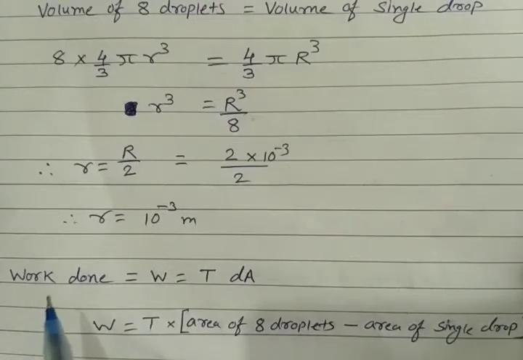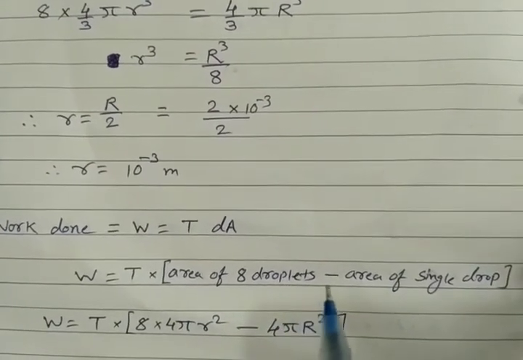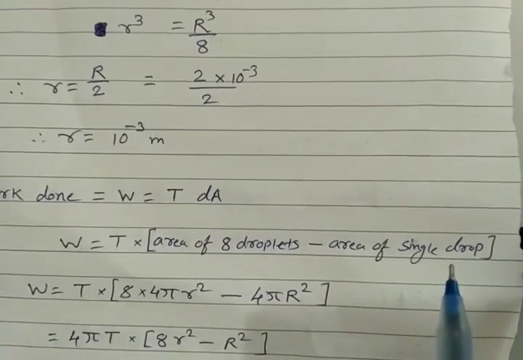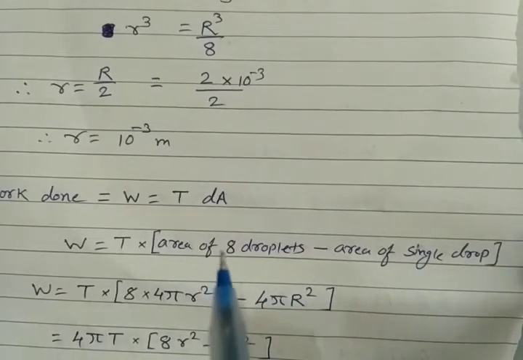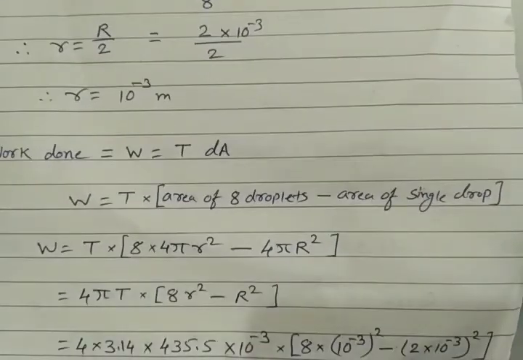Now formula again, work done W is equal to T into dA. So dA is the change in surface area, which is the area of 8 droplets minus the area of a single drop. The surface area of a sphere is 4 pi r square, and therefore we have substituted over here 8 multiplied by 4 pi r square as the area of 8 droplets, and this is the area of a single big drop. Substituting the values